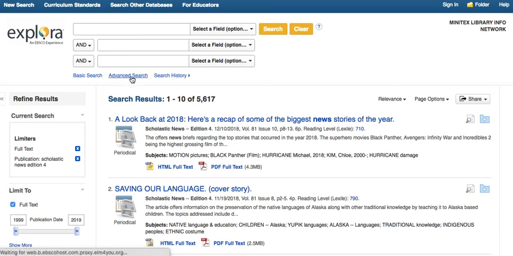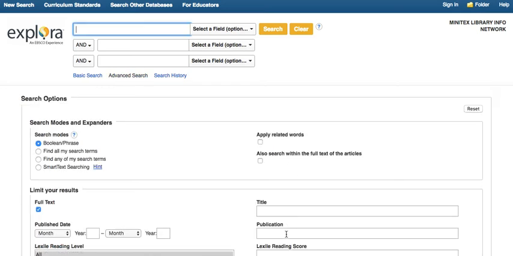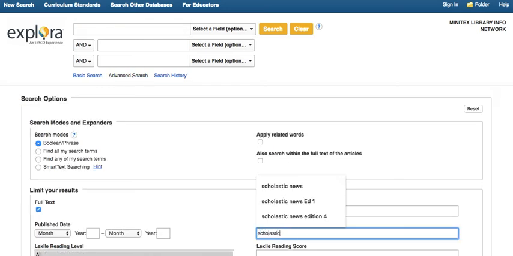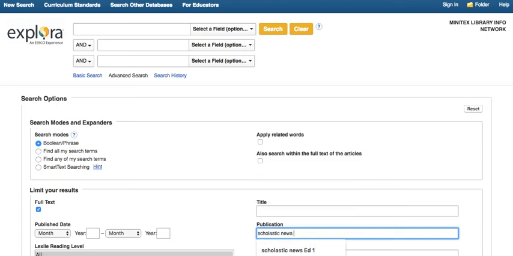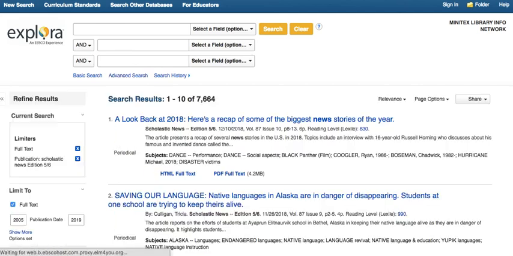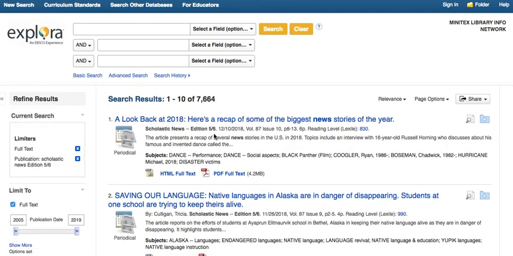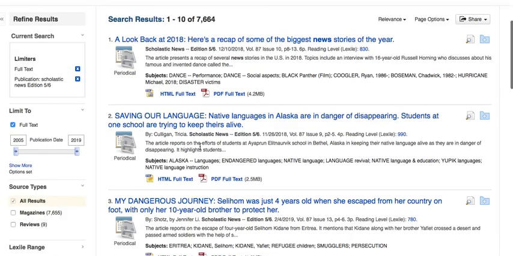If you are wanting to search for fifth grade material, you'd go to Scholastic News, and they don't have a specific fourth and fifth grade. I believe it is edition 5/6, and it will bring up the 5th/6th grade information. So,